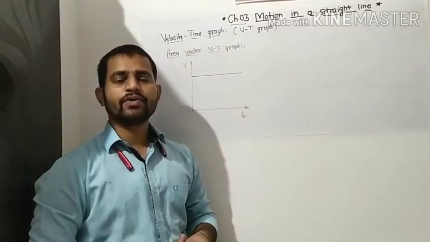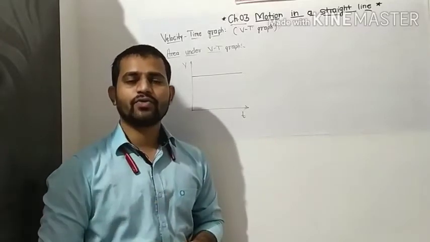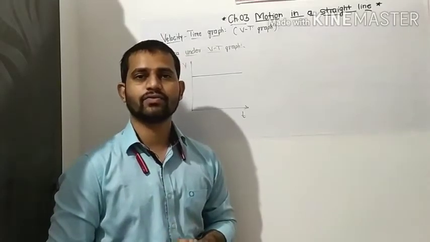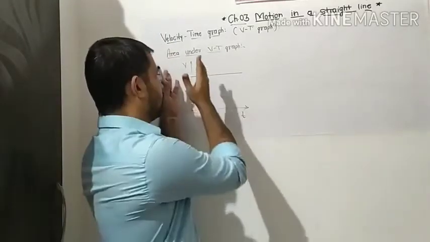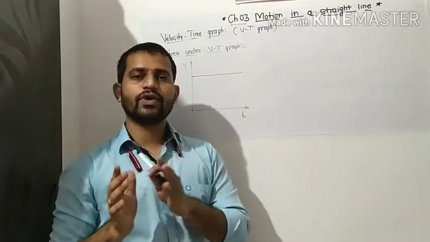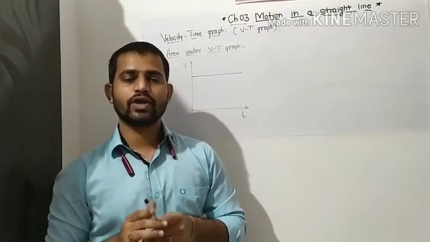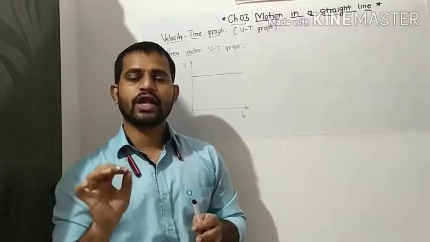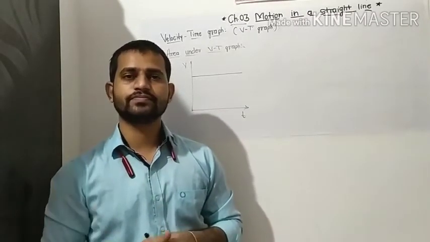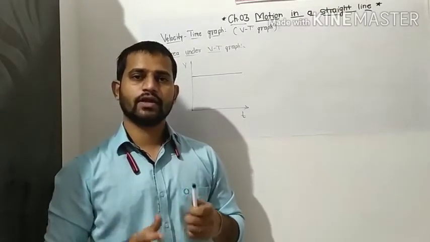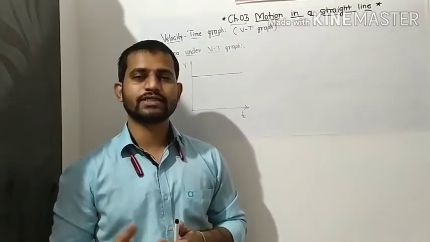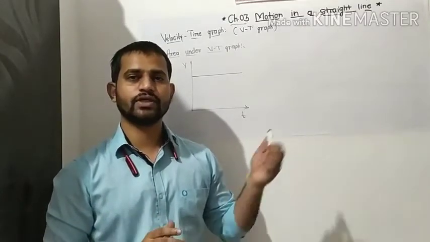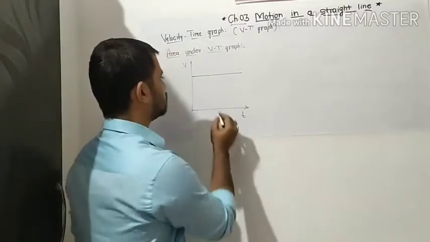Think that whenever we have to find out the area, we always have to take the projections along the time axis only, or along the x axis only. We don't have to go along the vertical axis. Whenever we go for finding the area, we have to take the projections along that axis along which there is a continuous change in the quantity. Along that axis we have to take the projections of this curve.